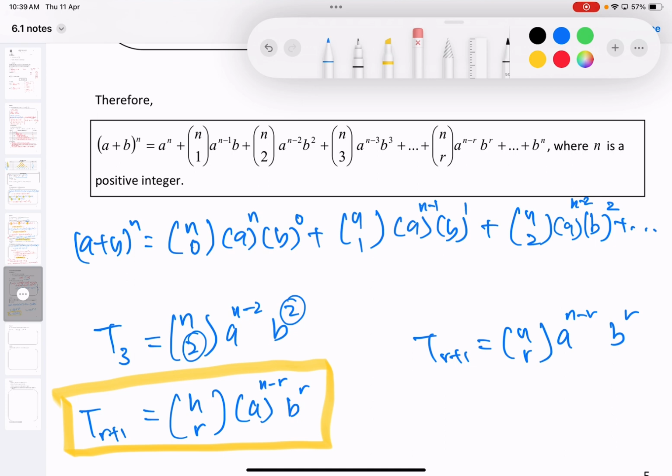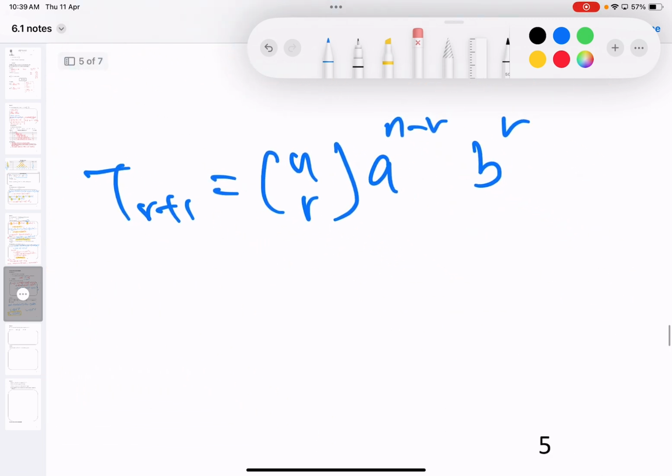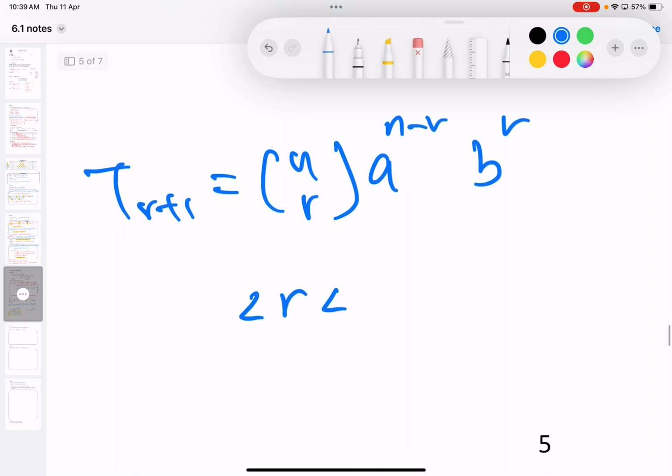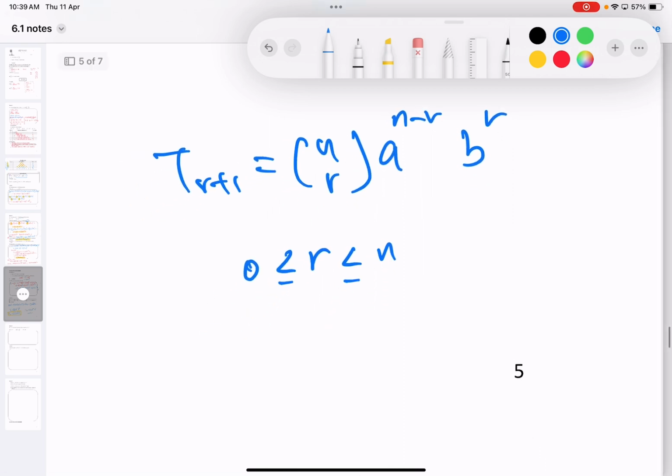And what do you think is the maximum R value? N. Okay? So actually R, can you please write down these 2, because when you revise, you're definitely going to be confused. If R is an inequality, R is going to be in between 0 and n. Okay? R is basically going to be in between 0 and n. And what is n? N just means the power